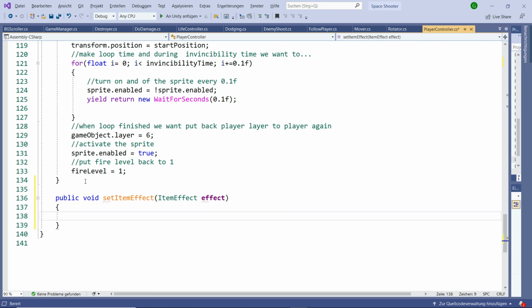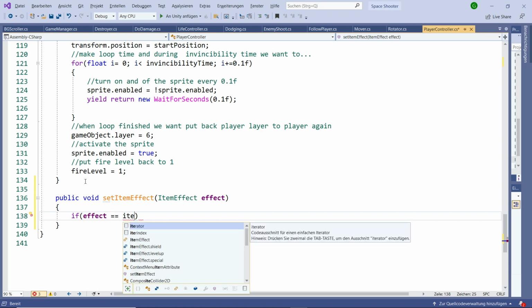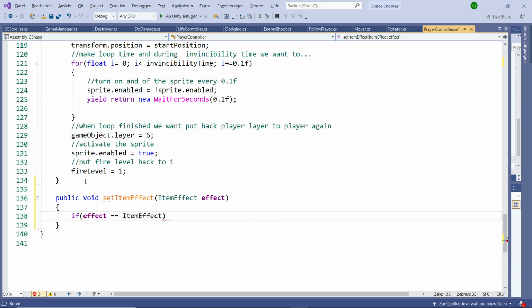Now here we are going to write if our effect is equal to our item effect dot level up,